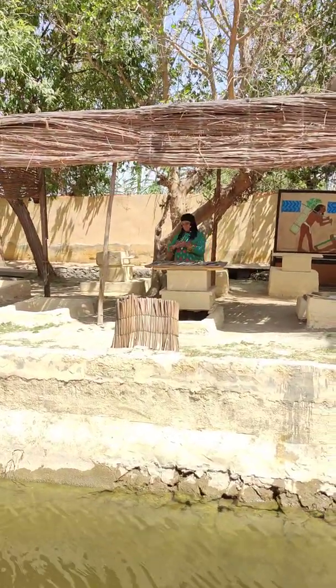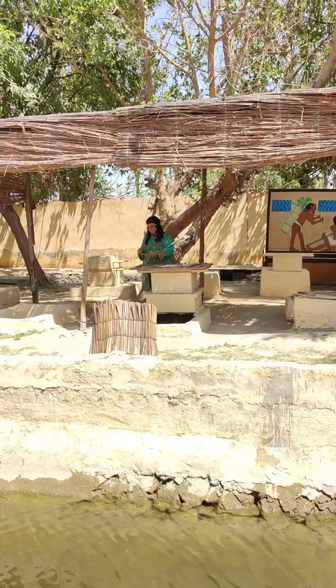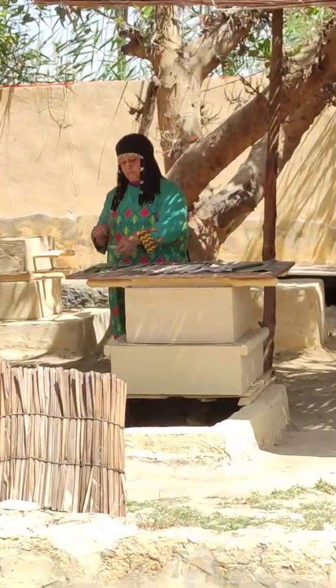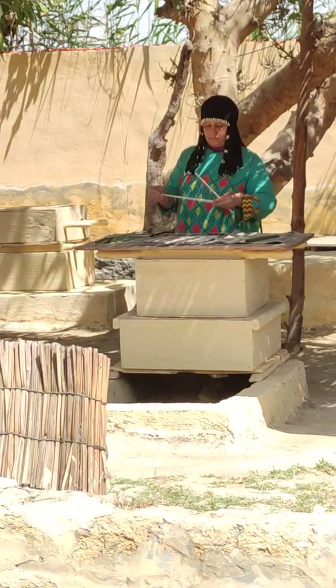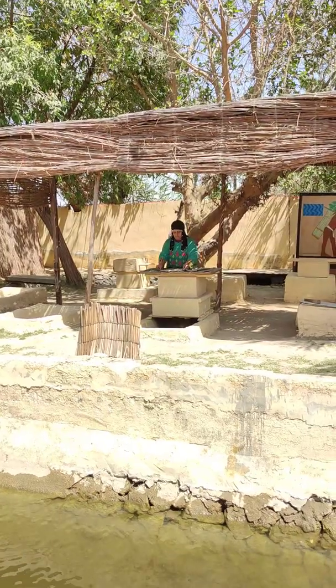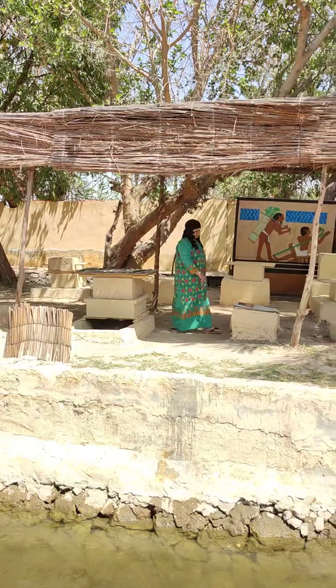Another important industry was papyrus paper making, for which the government had the monopoly. The lowest part of the stem is the best part for paper making. The outer green rind is peeled off and the white pith is sliced into thin strips which are soaked in water. After repeated soaking, the now pliable strips are placed on a piece of cloth in 2 layers, one vertical